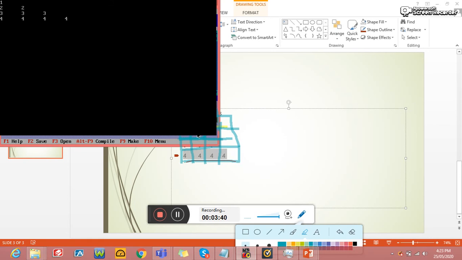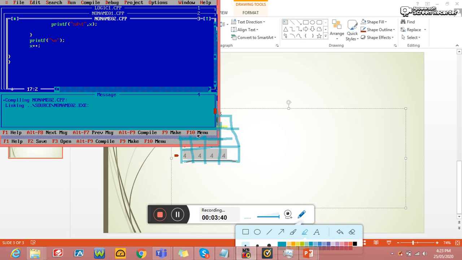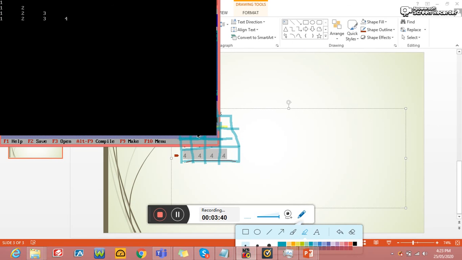But now I want to get the first logic. After 1, you have to get 1 2, then 1 2 3, like that if I want. It is a simple change of variable. I will show you where you need to change. It is very easy. You have to put this expression here, and also every time you have to make the x value become 1. So I'm making x equal to 1. Now see the output, 1, 1 2, 1 2 3, 1 2 3 4, like this.